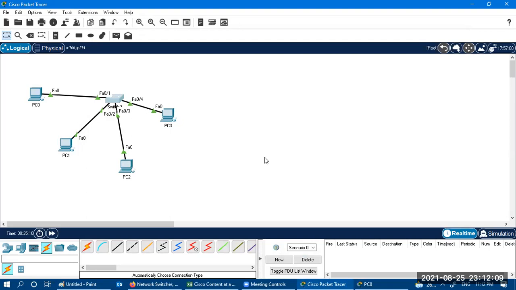VLAN divides the switch into two logical parts or more than two. In a live scenario in a production network, most of the time we use the concept of VLAN. So VLAN is used on a wide scale.